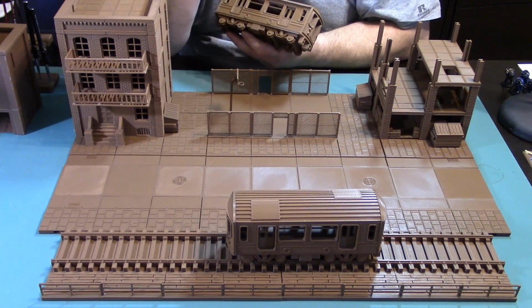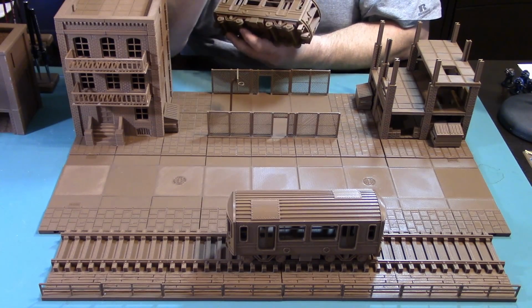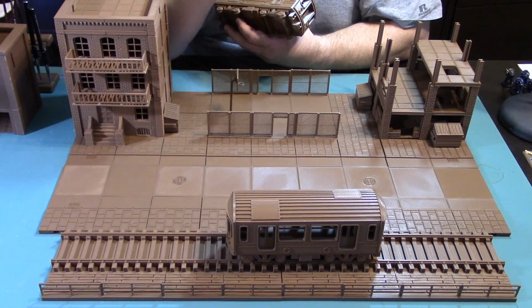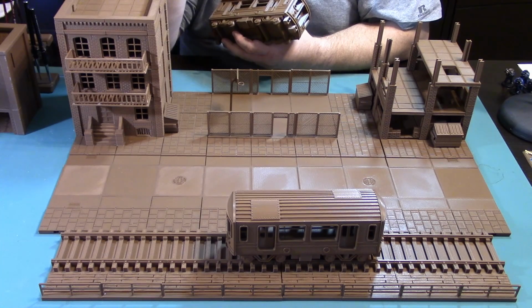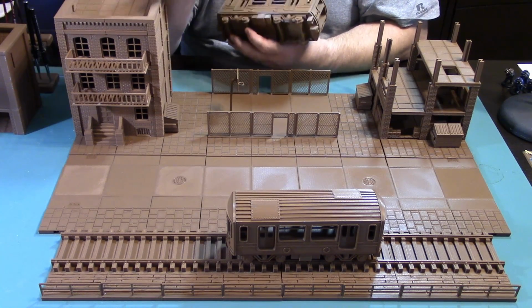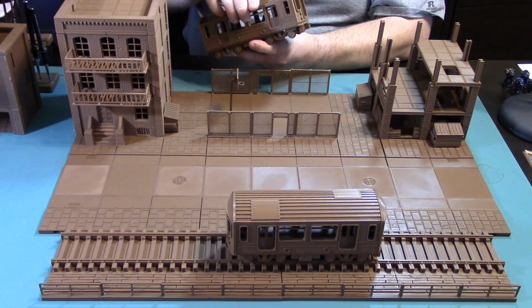The 3rd video will probably be the last video in this series for this particular Kickstarter run, but it's going to be a culmination of all the pieces that I've done so far, plus I think the sea dock. There's going to be a sea area where there's going to be some boats, a dock, water, because he did some test prints of some water tiles and stuff like that, and it was looking fantastic. So I am super stoked to put all this together on one table so you can see it. But this right here is the L-train,